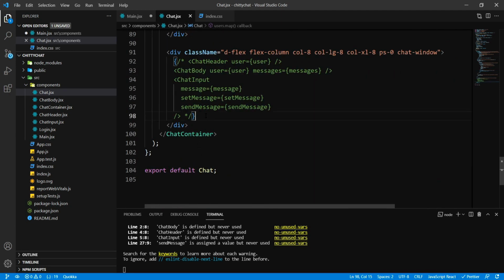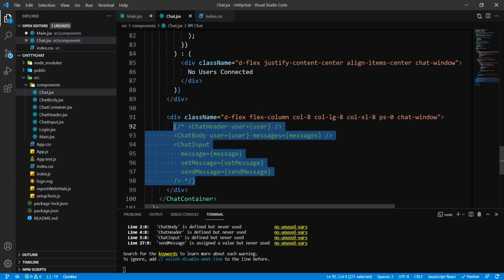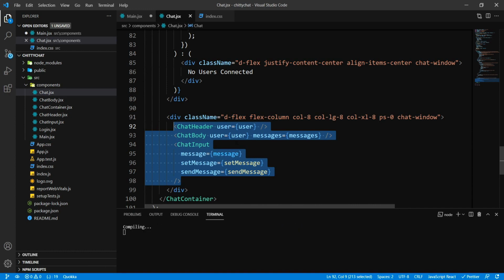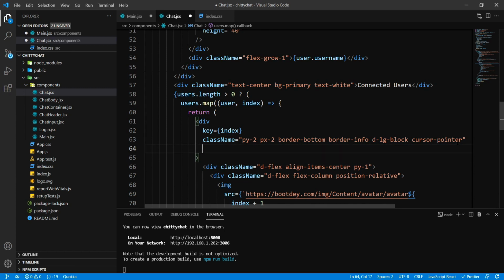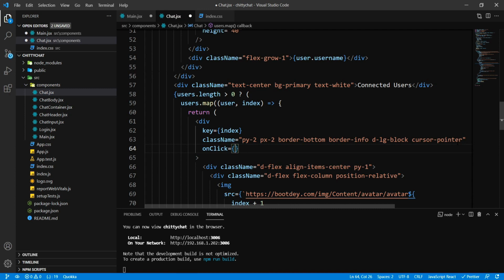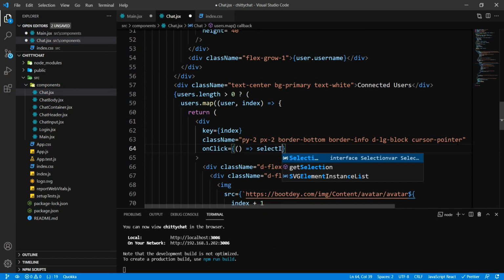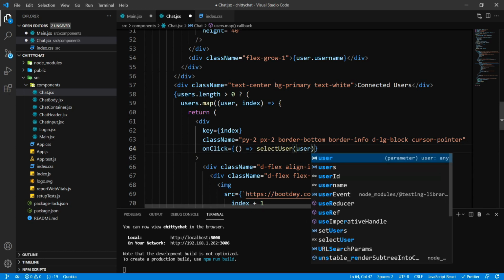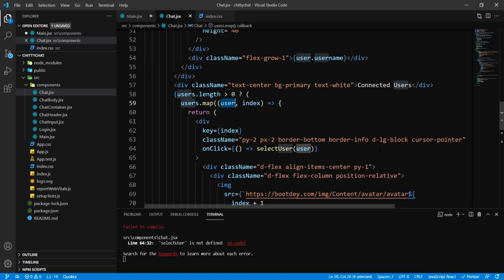We are going to take care of this as well. So here I'm gonna uncomment this, and inside here I wanna put an onClick event, which is going to point to a function. So I'm gonna call this function select user, and inside here I'm gonna pass the user. Let's write this function above,